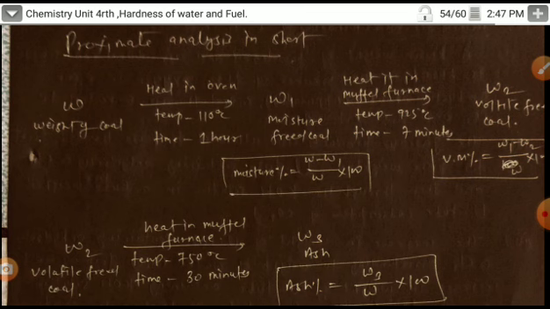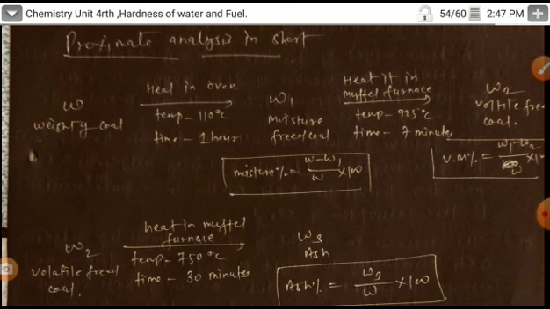Now, from today's lecture, we are discussing an important process, that is the proximate analysis of the coal. It is important because there is a need to analyze the coal to fix the price in the market of the coal, and to determine the quality of the coal as well as the calorific value of the coal, and what kind of use you have to make of the coal, mainly in industrial processes as well as in domestic processes.